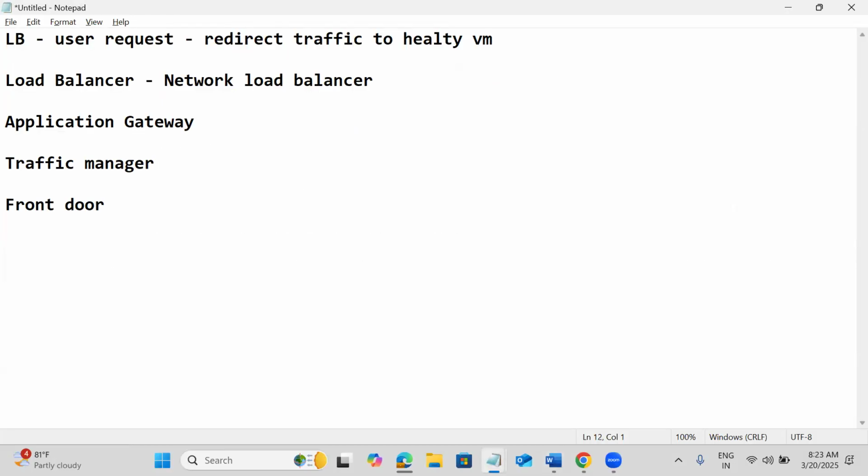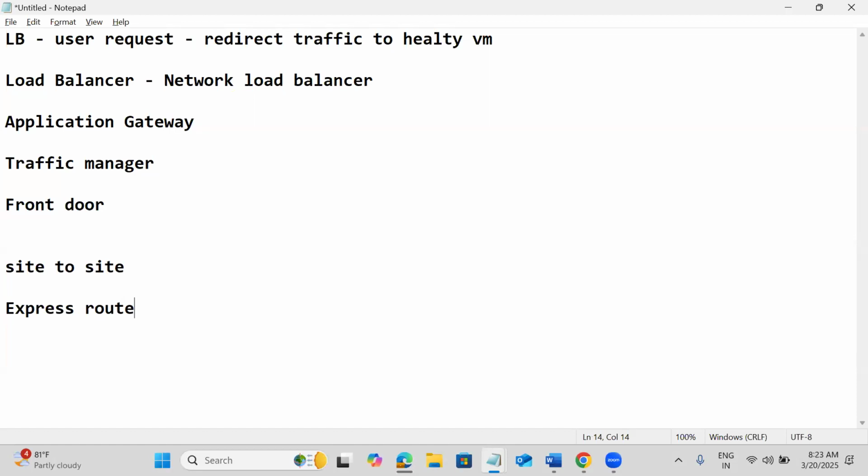So we have two solutions to connect on-premises infrastructure with the cloud. One method is site to site. The second method is ExpressRoute. Site to site uses the traditional internet itself. But some companies won't prefer to use the public internet.